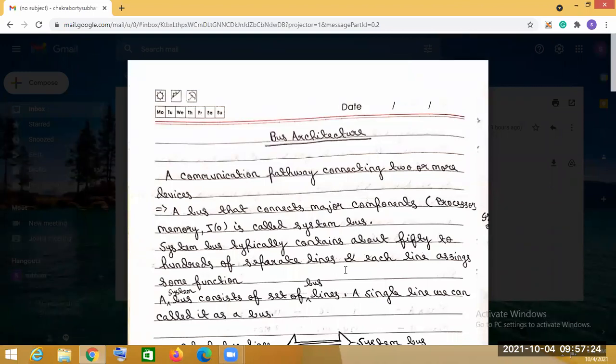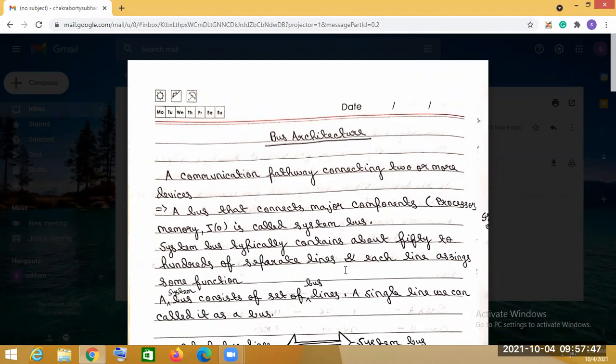That means the major components are the processor, the memory, and input output devices, because these are the major components present in our system. The particular bus connecting these major components is known as the system bus. System bus typically contains about 50 to 100 separate lines.